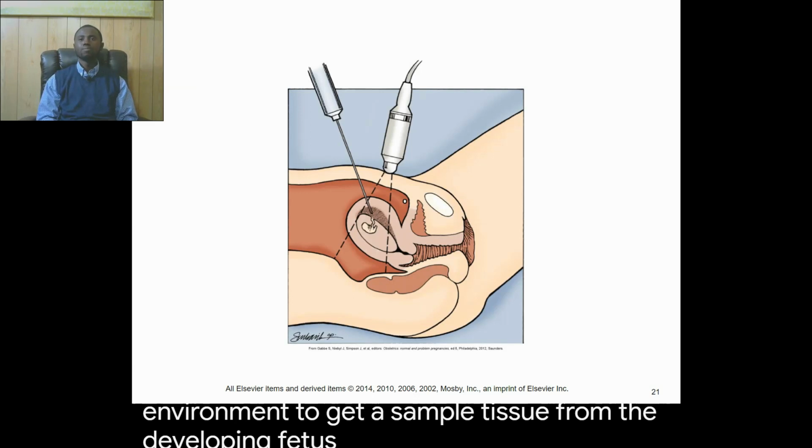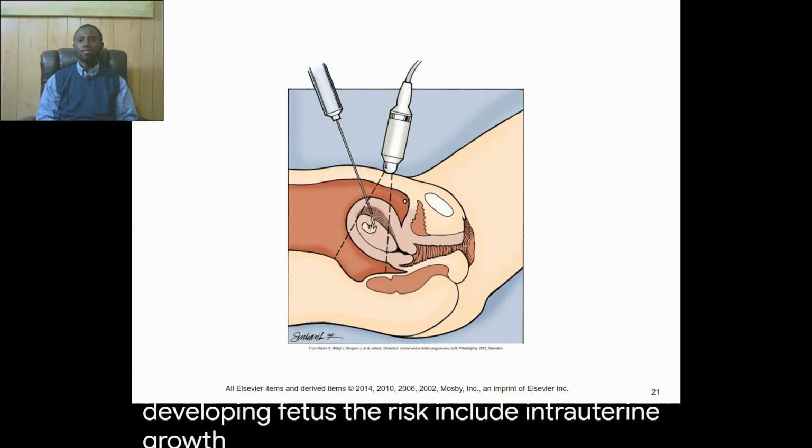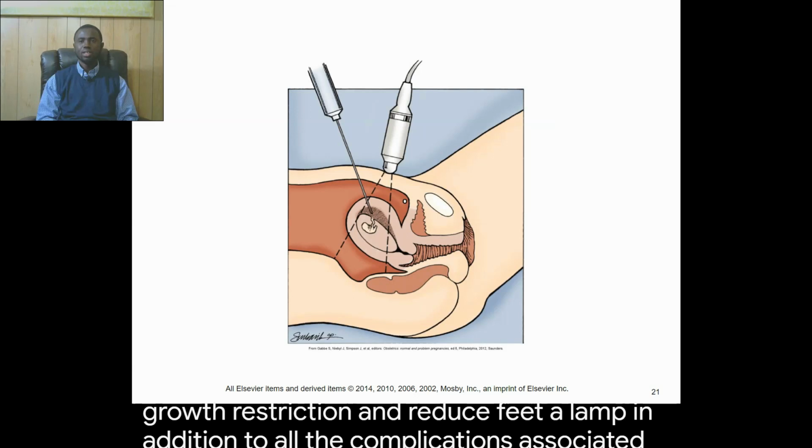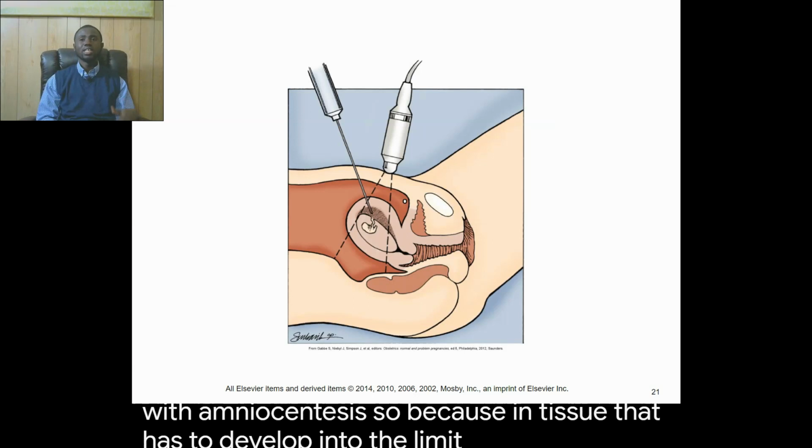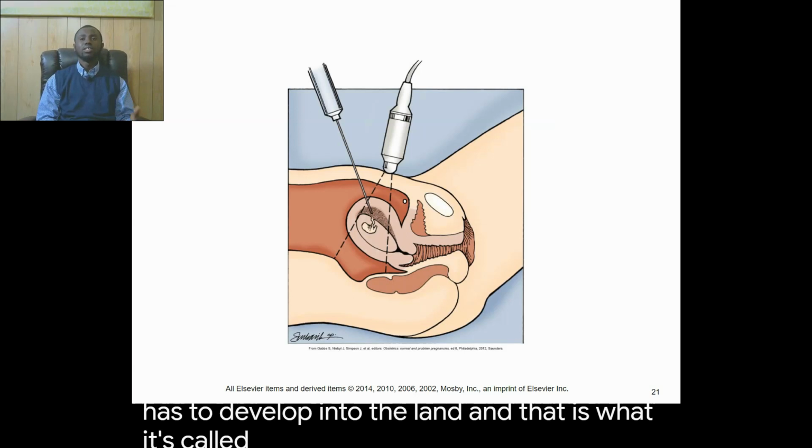developing fetus. The risks include intrauterine growth restriction and reduced fetal limb, in addition to all the complications associated with amniocentesis. So because we are getting a tissue from the baby, we might end up getting a tissue that has to develop into the limb, and that is what is called the limb restriction. So nursing